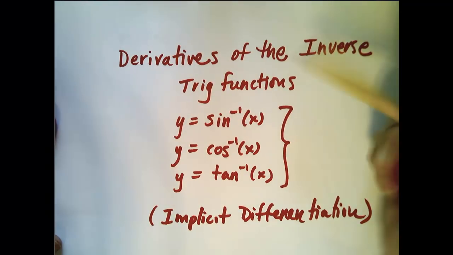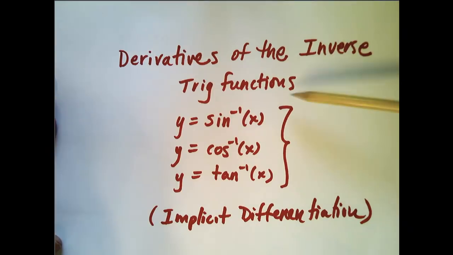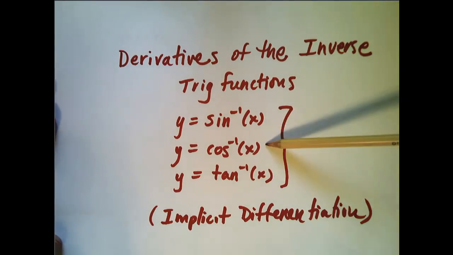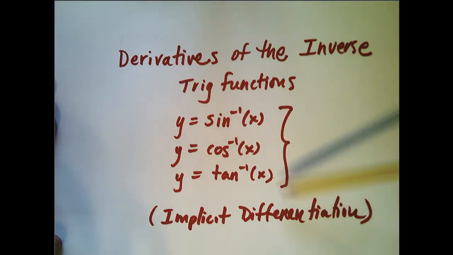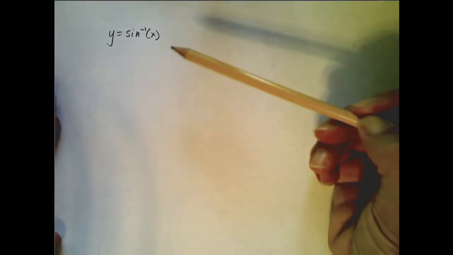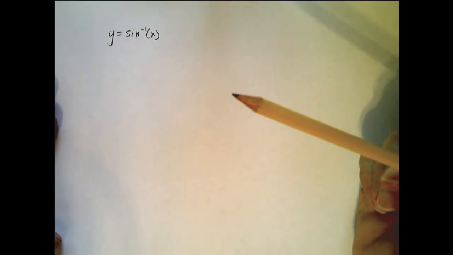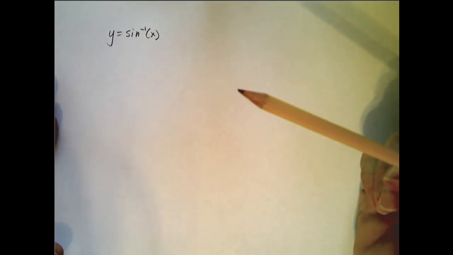All right, we're now ready to take the derivative of our inverse trig functions, sine inverse, cosine inverse, tangent inverse. And we're going to use implicit differentiation to do that. All right, let's start with y equals sine inverse of x. Now, I don't know how to take the derivative of sine inverse of x, so as any good mathematician should do, I am going to resort to something I do know how to do and see if I can apply